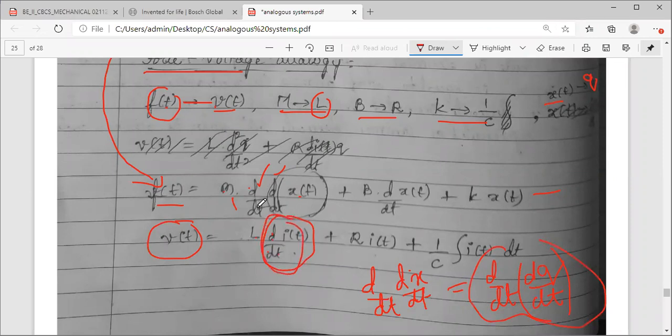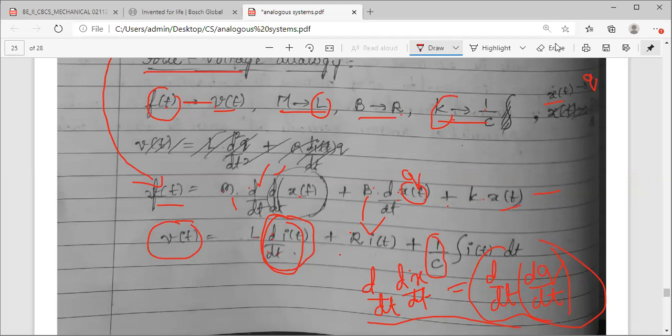Directly I have written, the solution is like this. Plus analogous quantity for B is R. Okay, R I have written. Now d by dt of x of t is nothing but what? Just now I have told you, d by dt of charge q. X you replace it with q, you will get B into R into I of t. Plus, what is the equivalent of k? That is 1 by C. So I have written 1 by C into x of t. Okay, again here there is a solution.